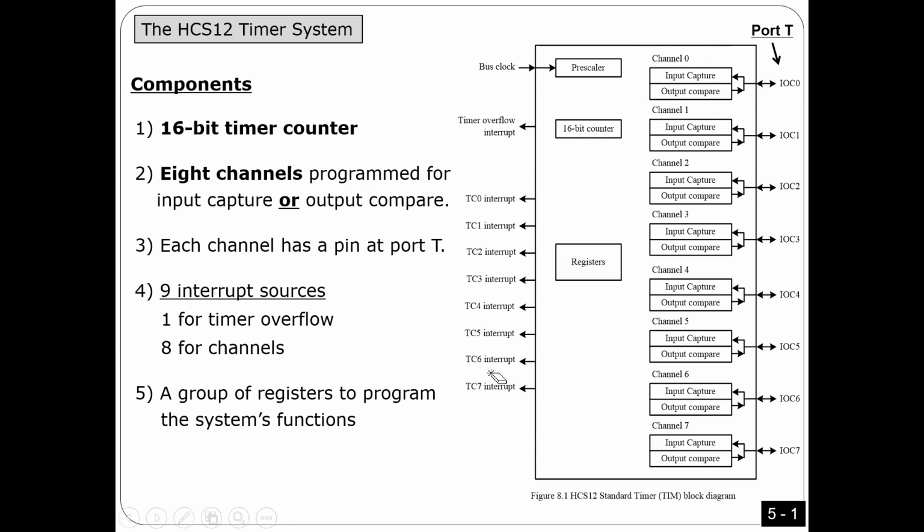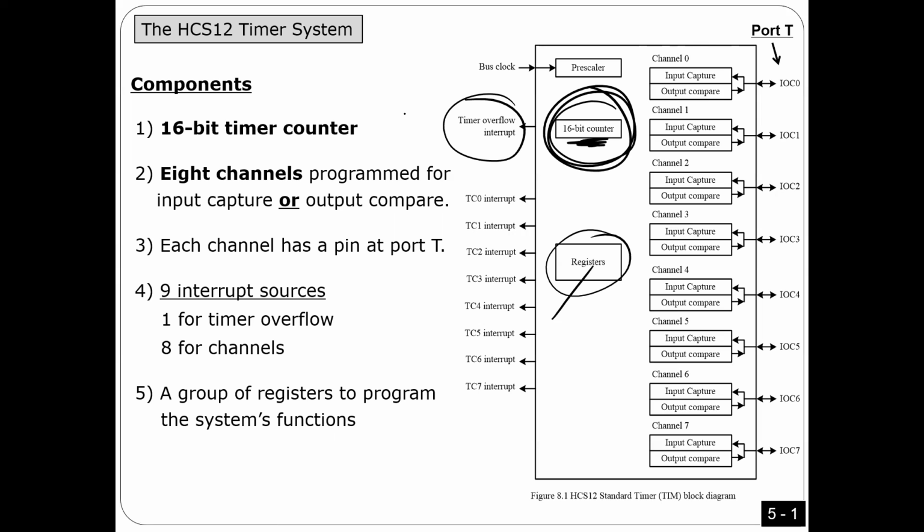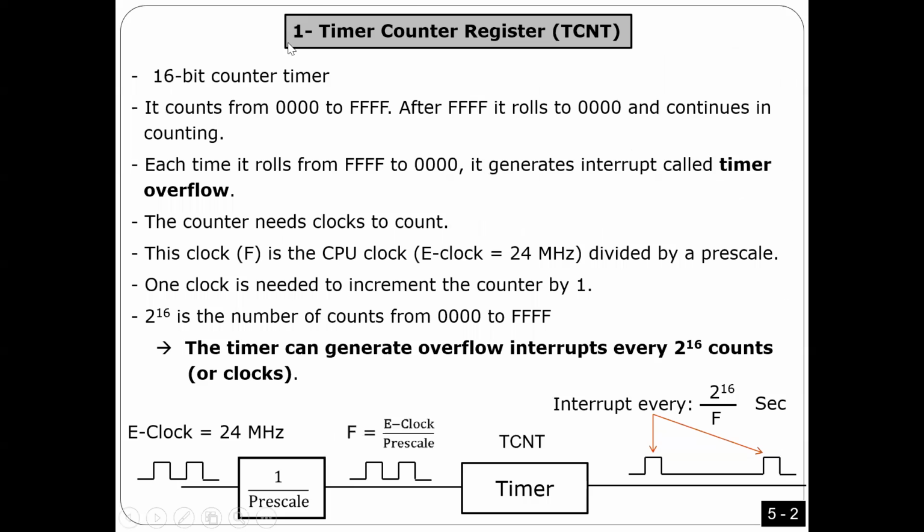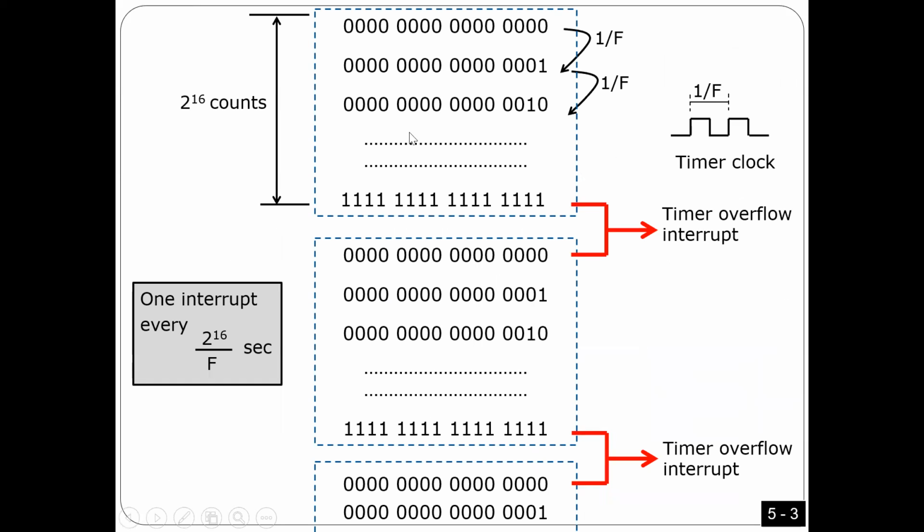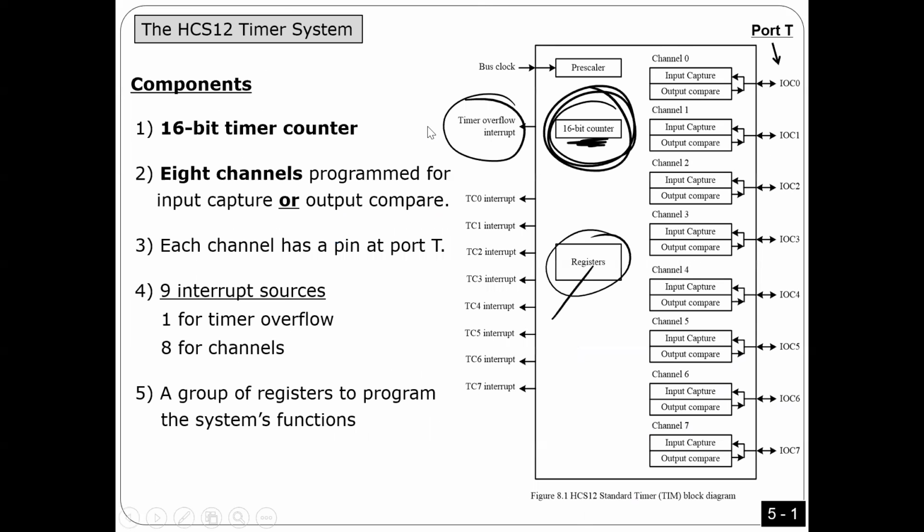On top of that, I told you we also have a counter, a 16-bit counter, only one, not eight. We have a number of registers. I'm going to explain them shortly. And this counter as well is going to trigger interrupts. We call it timer overflow interrupts. So let me, yeah, that's what I told you here, guys. So we have here the timer.